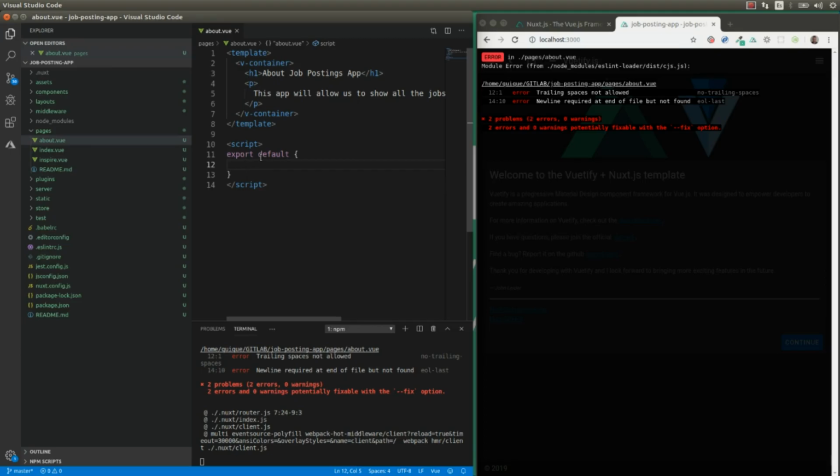Let's add our head function first. Here on the head function, we are going to return an object that is going to include two things: the title of the page and the metadata of the page. We are going to add just one meta tag that is going to be the description tag. Okay, first we define the title. In this case, it's going to be the about the shop posting app,